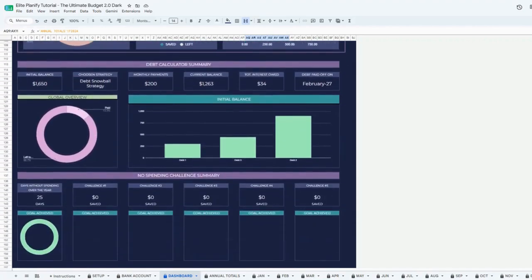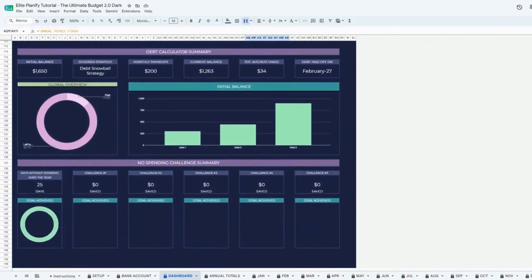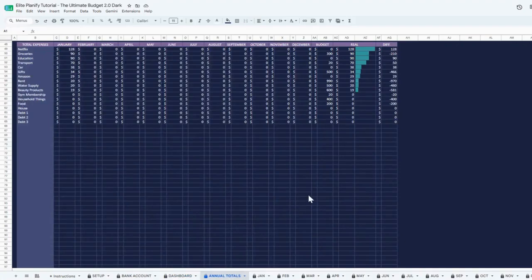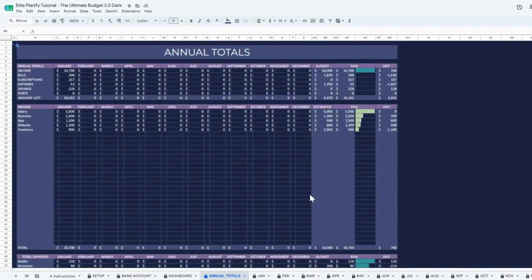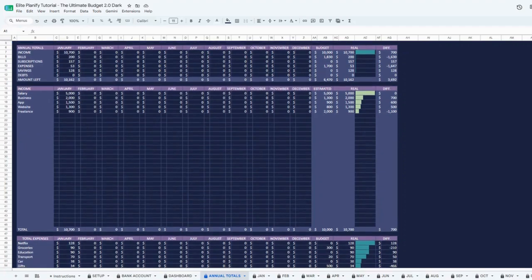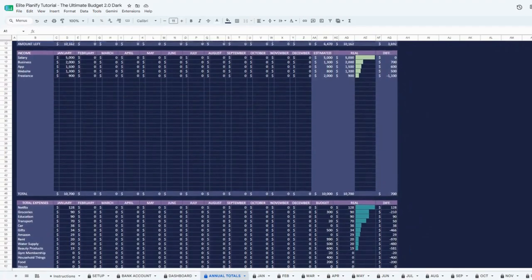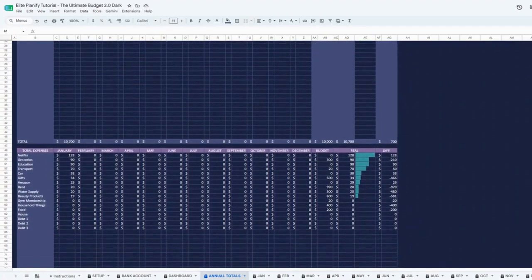The annual totals page also updates automatically, showing month-by-month totals for your income, bills, subscriptions, expenses, savings, debts, and budget comparisons. It's a great way to analyze your spending patterns throughout the year and compare your planned budget against your actual results. As you continue updating your monthly trackers, these dashboards will always stay in sync, giving you real-time insights